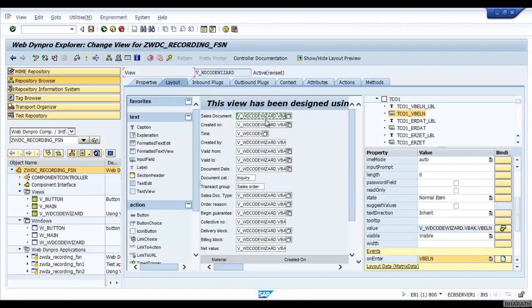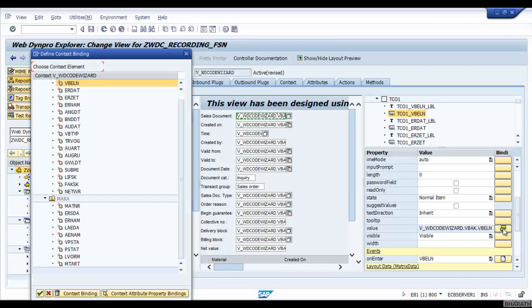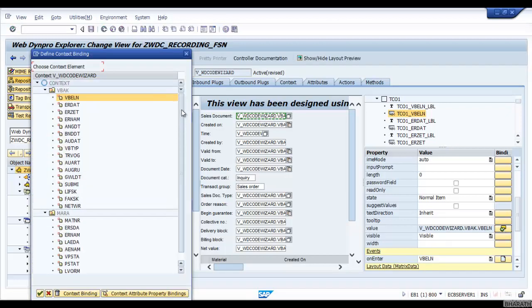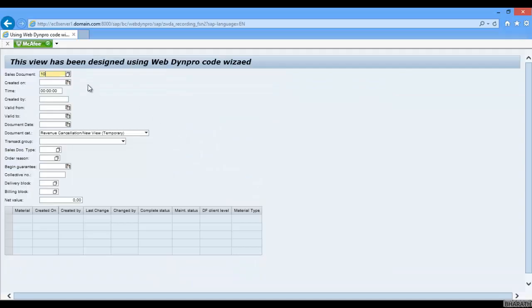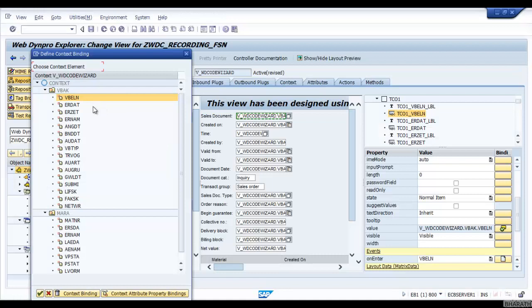Let me show you. Here you see the value property binding exists. Just click here. Let's say in this scenario 10 is the value. Now the value 10 will get stored in the VBLN context attribute of this context node. Now just close it.